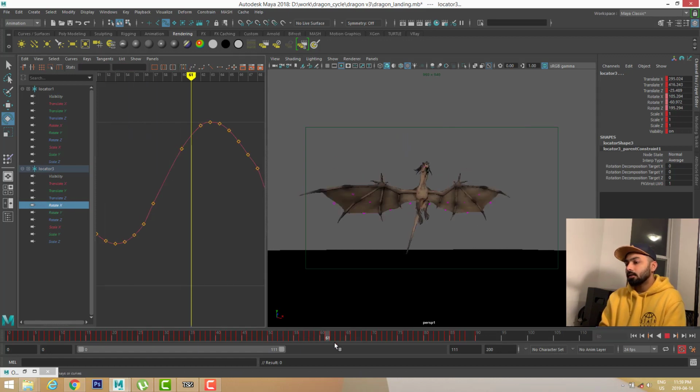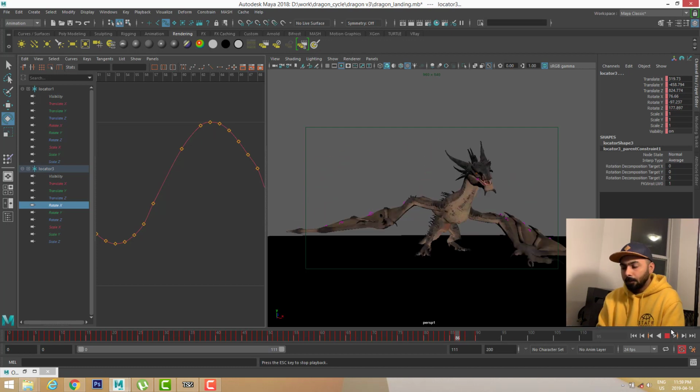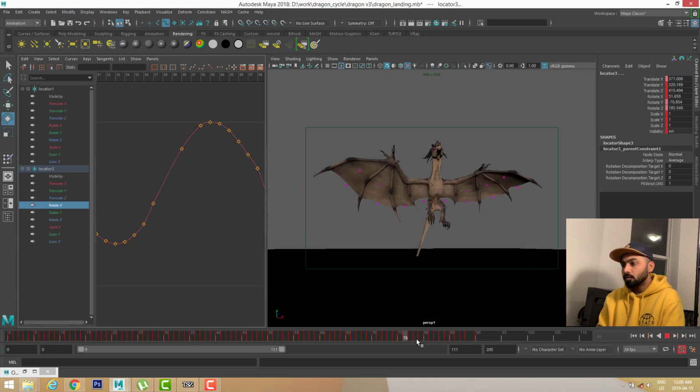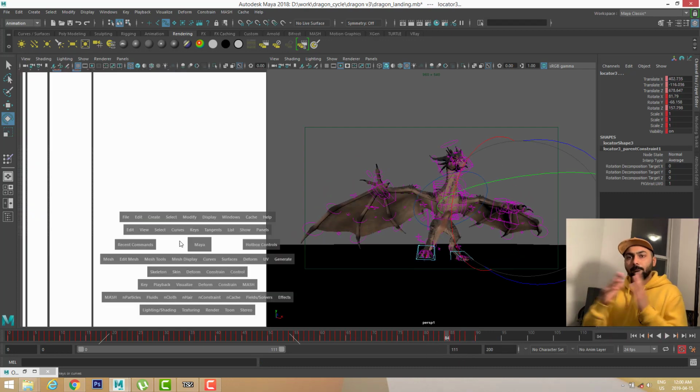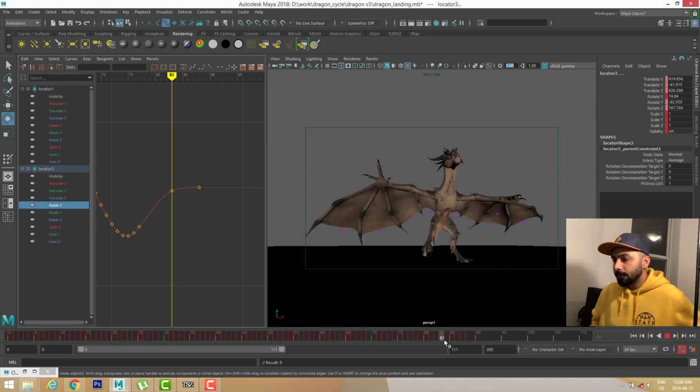So I think right now you guys will only see the detailing part. The main animation of the body is done. So now I will be just polishing the whole animation. I'll keep polishing it, and